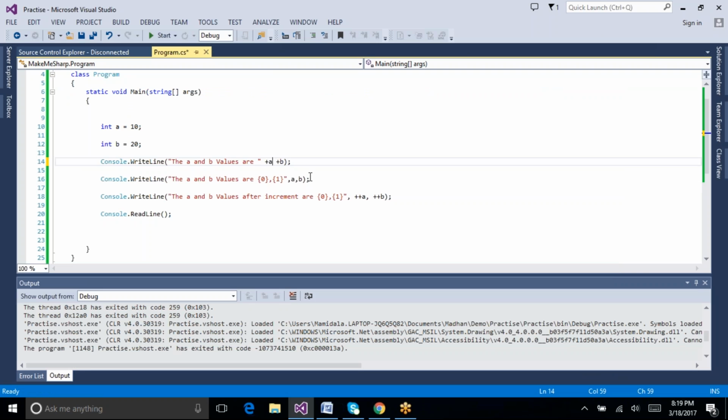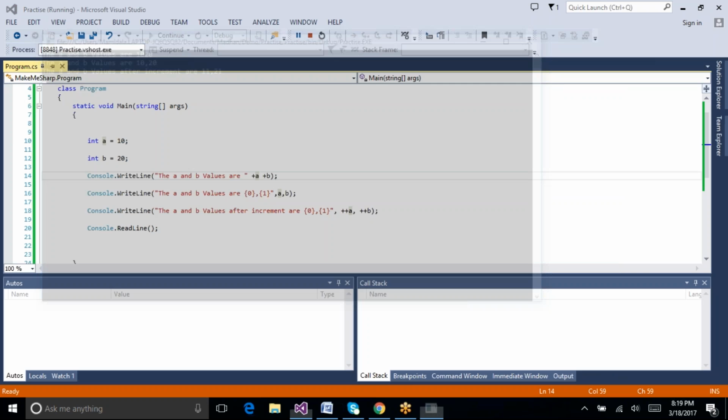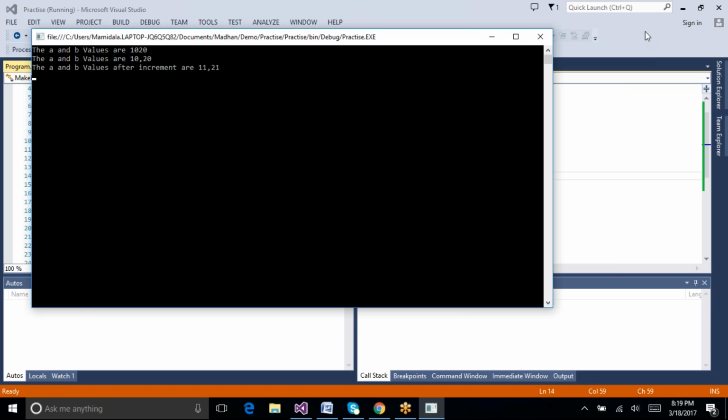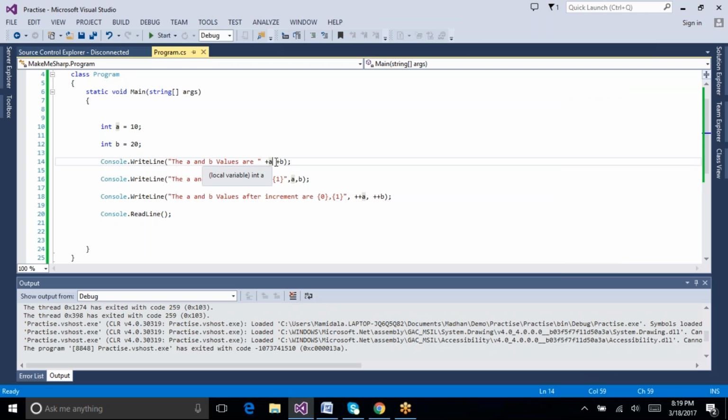I can remove this one. If I want to have a space, what I need to do is I need